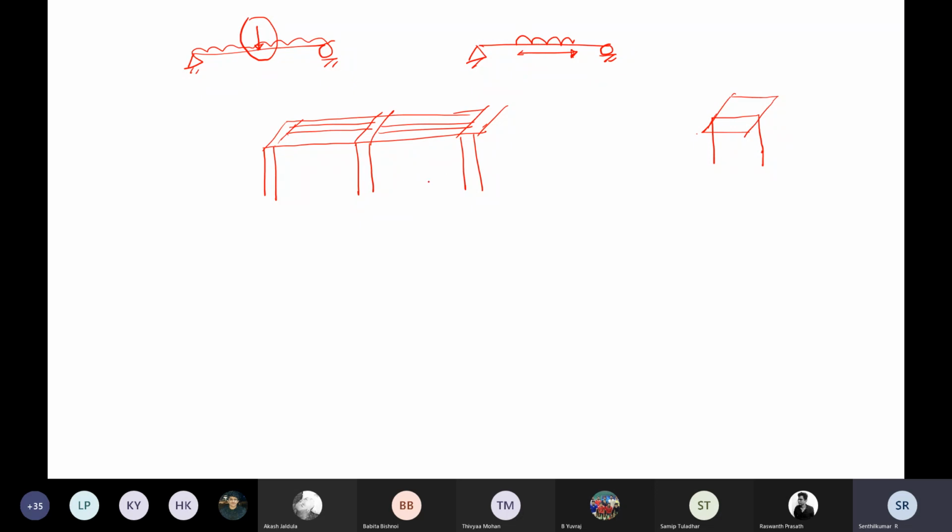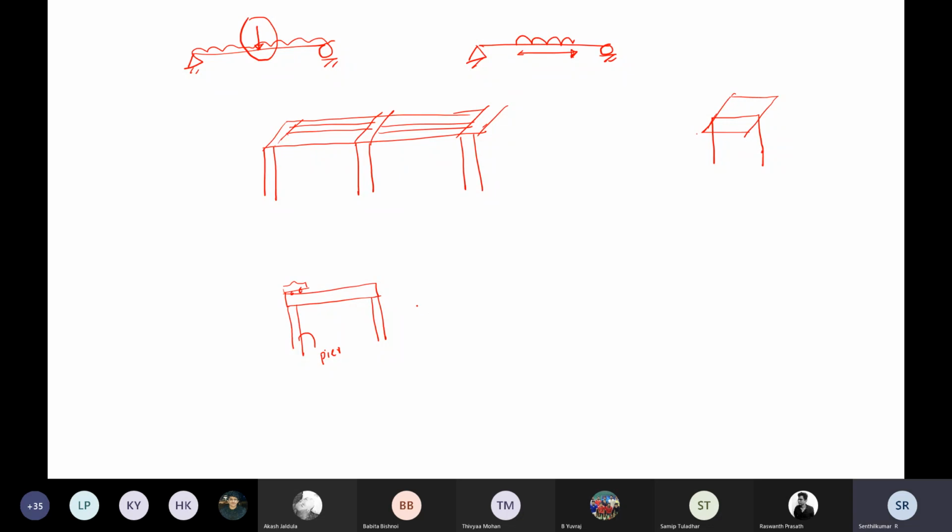The beams, generally, we prefer to be simply supported beams in all types of bridges. So the beams are simply supported here. This is your pier; in a bridge we say pier instead of column. The beam is resting on the pier. What is the load on a bridge? The load is nothing but your vehicle.